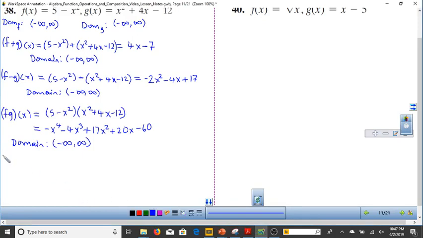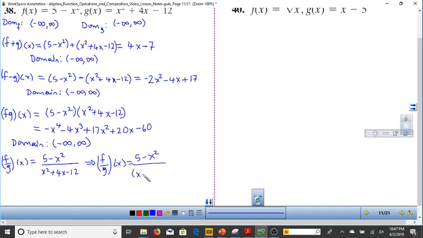Now let's talk about f over g of x, or f of x divided by g of x. So basically, we're doing 5 minus x squared over x squared plus 4x minus 12. Now, right here, we see we cannot simplify this, but we will factor the denominator because we want to see if there's a domain restriction. And when I factor the denominator, we get x minus 2 and x plus 6,